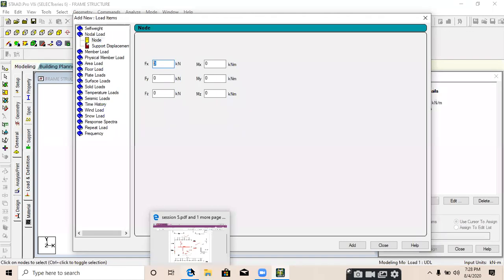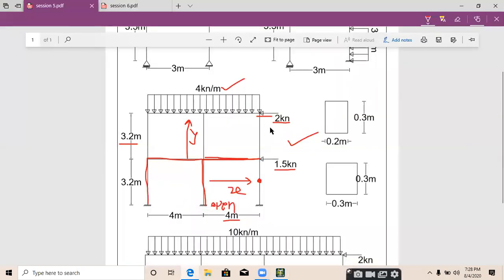Values in plus or minus? Minus. Negative value, okay. If the load is in the leftward direction, we need to provide negative values. If the load is in the rightward direction, we need to provide positive values, right?